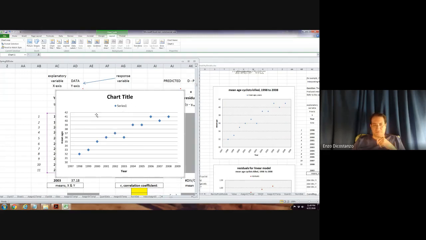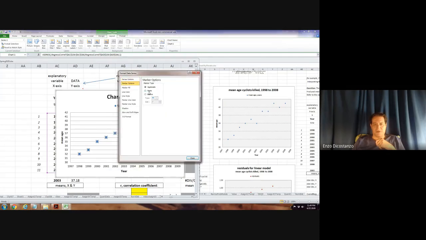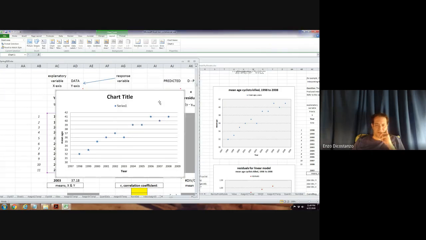Okay. So these little markers here, built in, 0, make it go down to 4. Okay, so it's pretty good, right? We're pretty good. And this is the title, so this is mean age